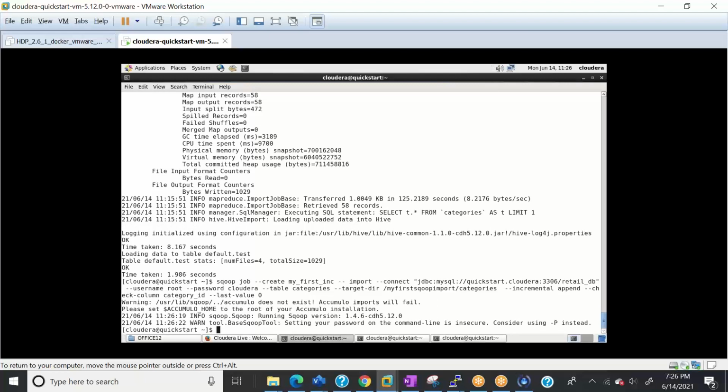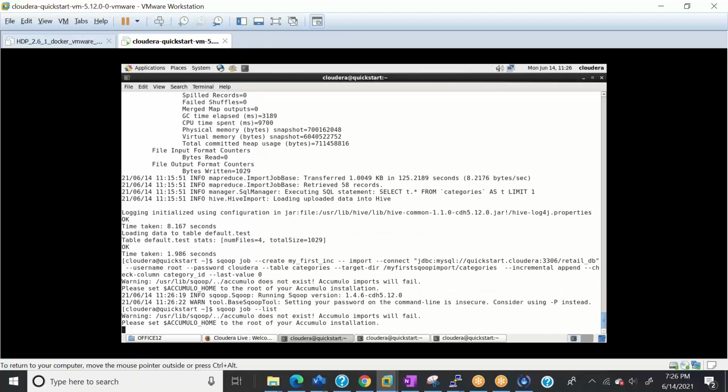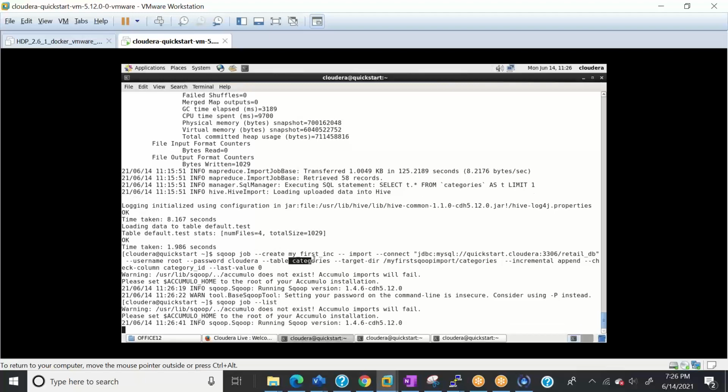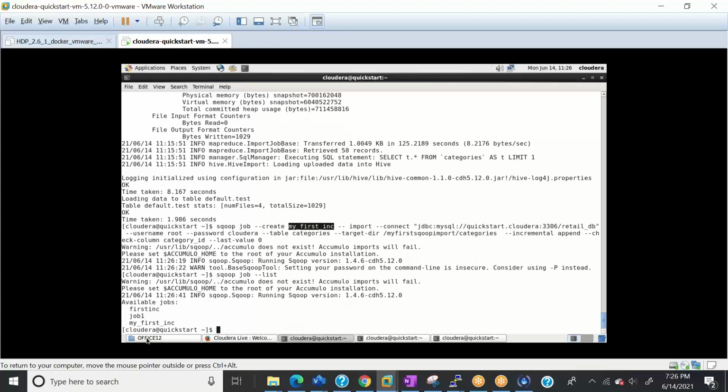See, it hasn't run, right? Let's say I want to see how many Sqoop jobs I have in my system, so I'll say sqoop job --list. My job should be there. The name of the job is my first INC, so I can see my first INC job has been created here.